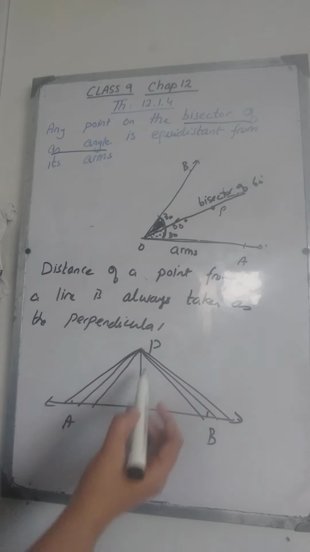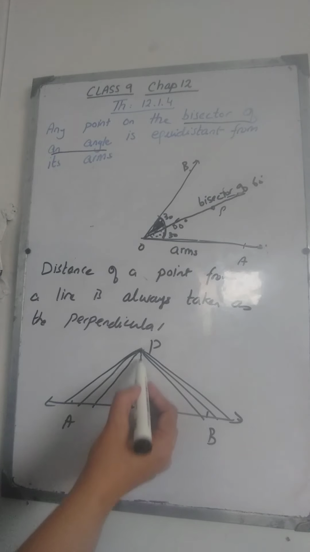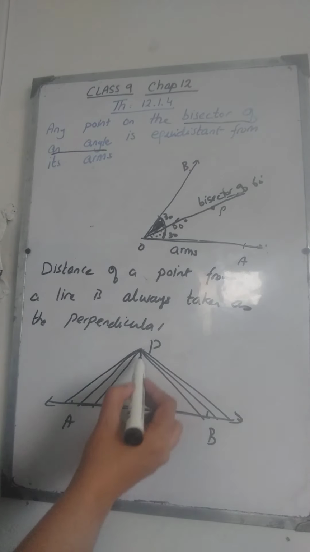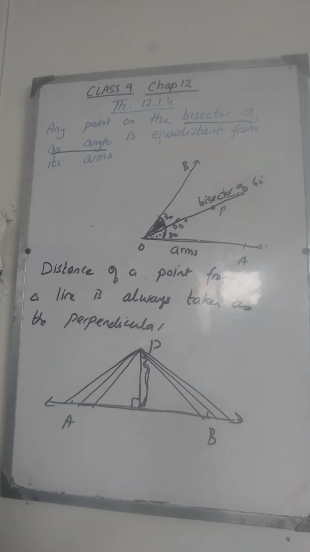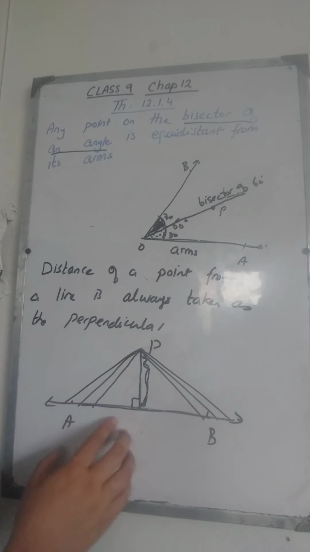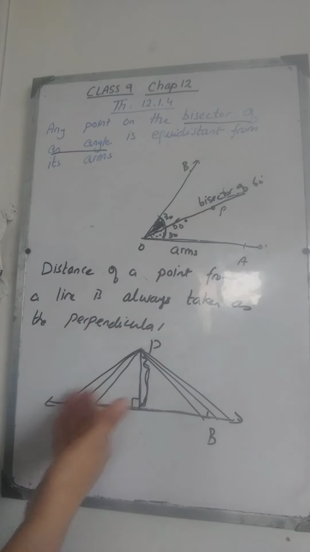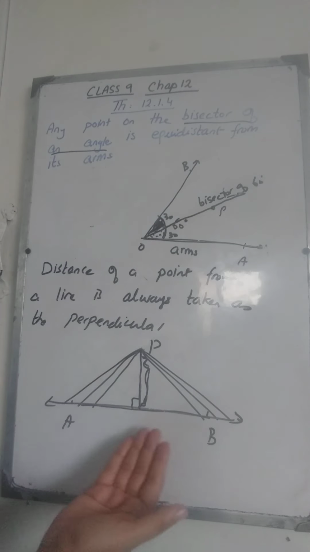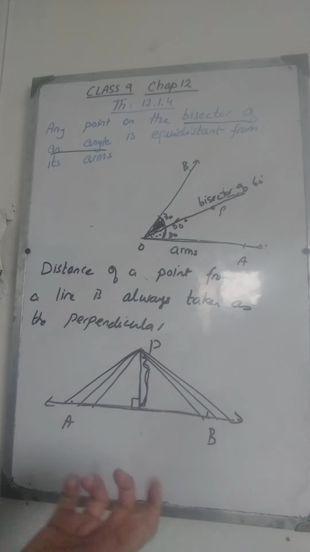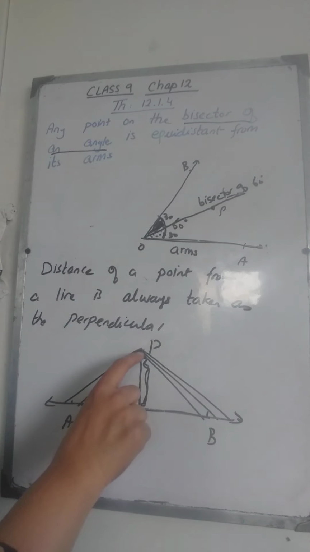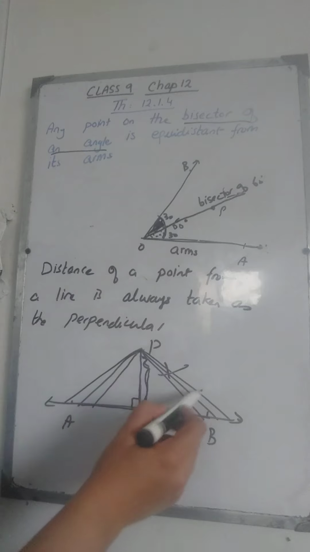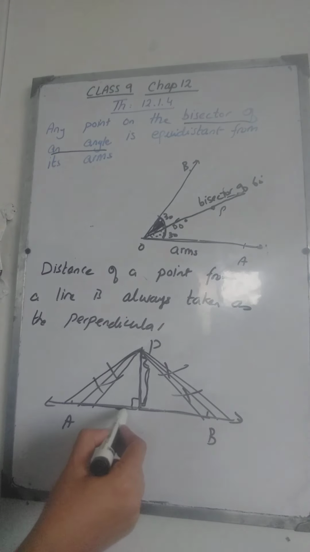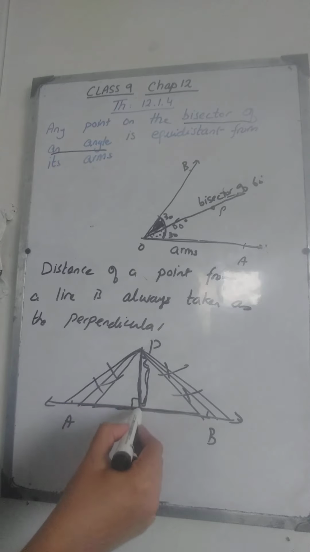The distance of this point P from the line AB, such that this line is perpendicular to AB, then we take this distance. Normally we take this distance so that it is unique, it is the same for every person. Otherwise any person could take a distance of their own choice, and this could have given different answers. So to get a unique value, the same value for all of us, we always take the perpendicular distance. This distance is perpendicular, and this will be the same for everyone. Therefore we don't take these other distances. We take the perpendicular for its uniqueness, so that there is the same answer for everyone.